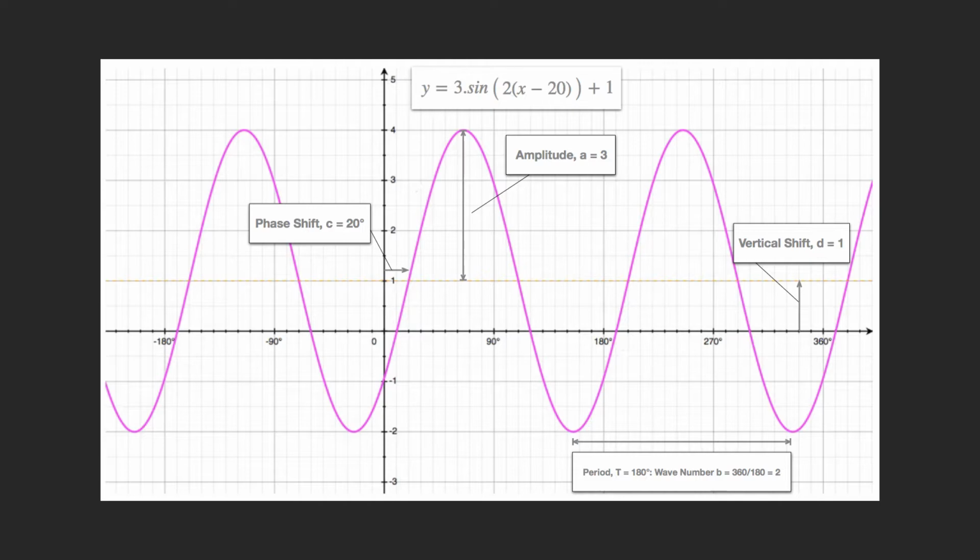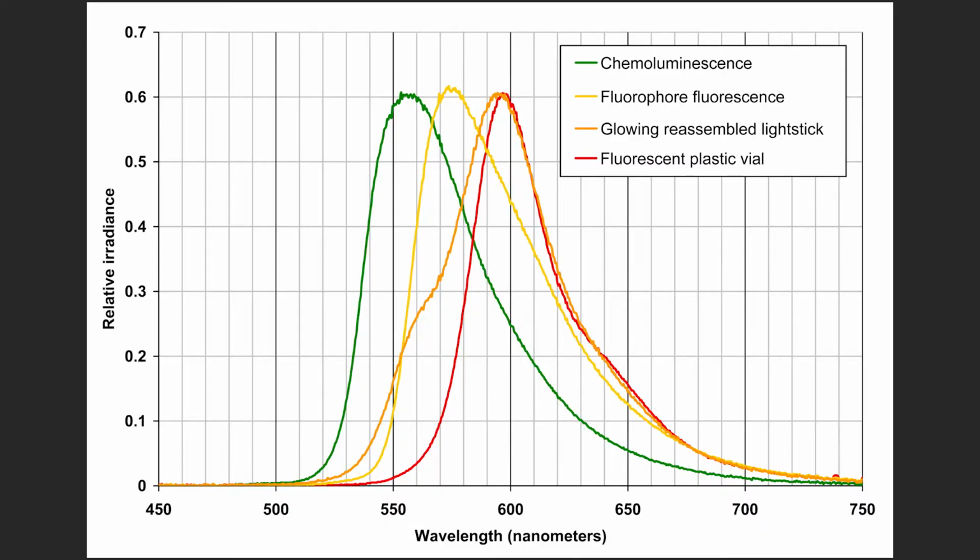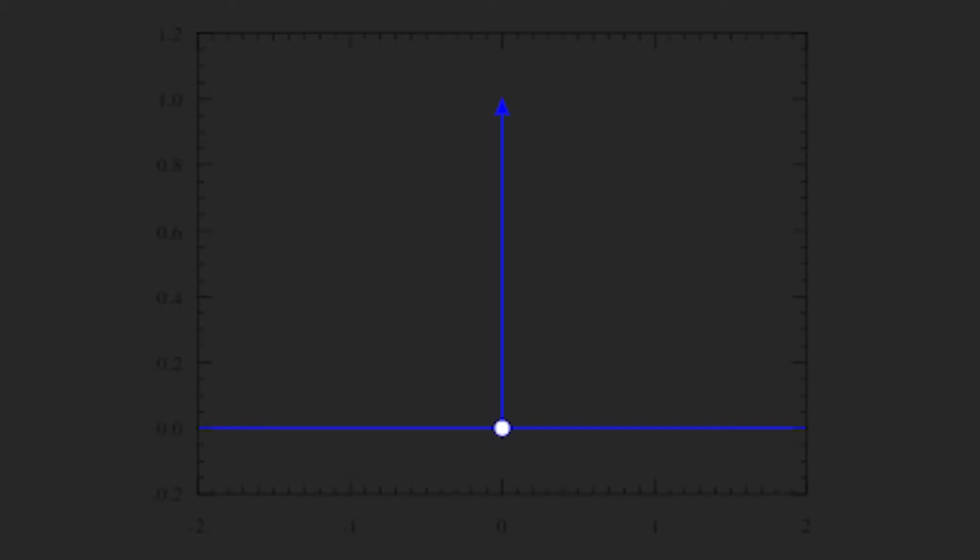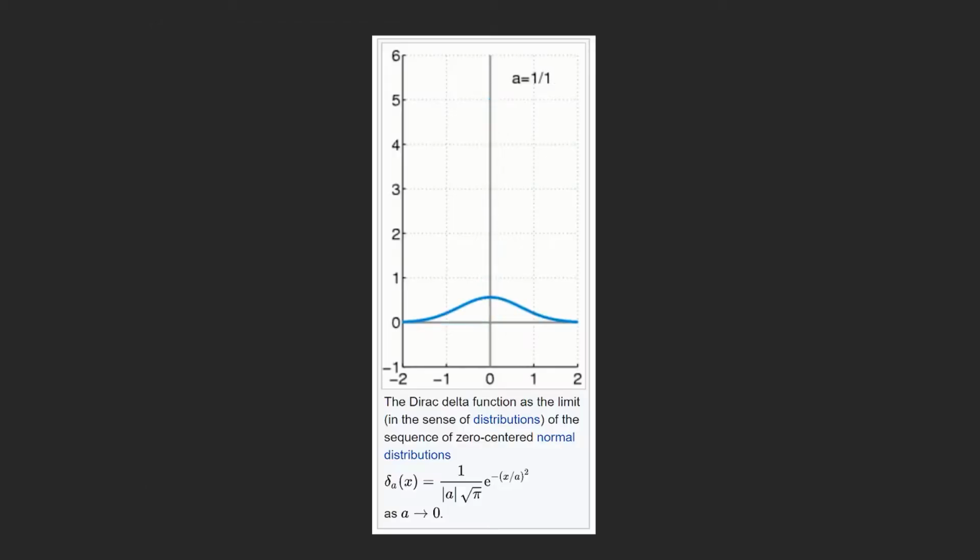So till now, what I'm trying to explain is fairly simple sine waves, like a single sine wave propagating into a medium. But this is not a common type of light wave, because most light waves contain many different wavelengths with a different amount of energy in each. And here a new term arises, SPD, which means spectral power distribution. You can see the SPD for different light waves. For lasers, the Dirac delta function appears prominently in the SPD graph.